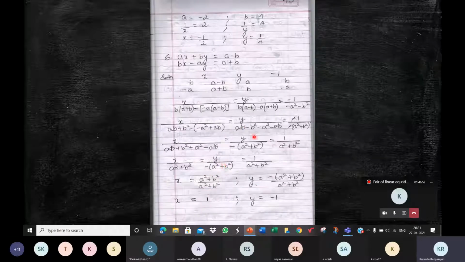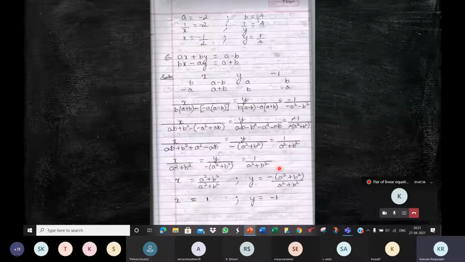Y is equal to, equating these two, this one goes up to the numerator here. Y is equal to minus of, so here if you had written them as minus A square minus B square, at this point you can take out minus common. Here you can take out minus common. And then A square plus B square, A square plus B square. The expressions get cancelled as a whole. You cannot cancel A square with A square and B square with B square. It's not like that. The expression A square plus B square in the numerator and denominator is cancelled as a whole. And the value of y is minus 1.